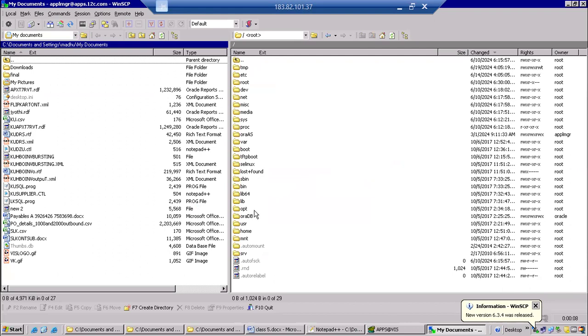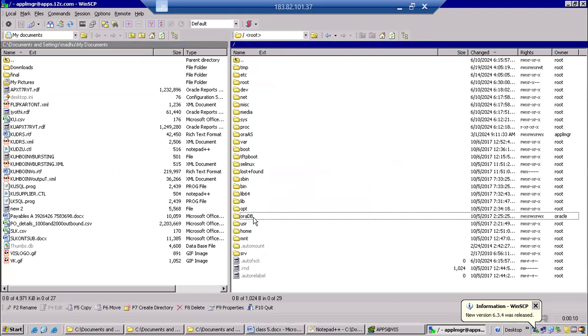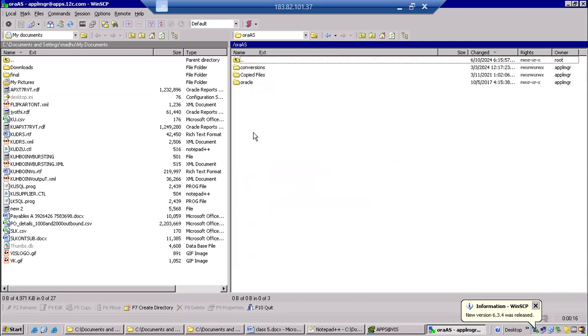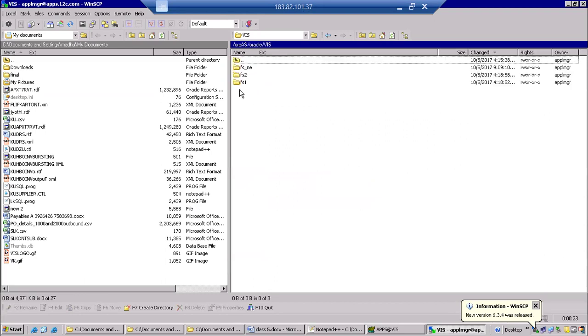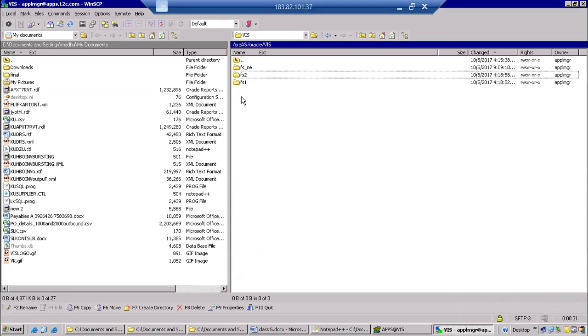Here is a place, your application server. So this is a database server. DB means database. AS means application server. Then Oracle, Vision. We have many file systems here. These are the three file systems. In some companies, we may need to go to FS1, or in some companies, FS2. That is based on DBA decision. FSN means file system. It is FS1, EBS